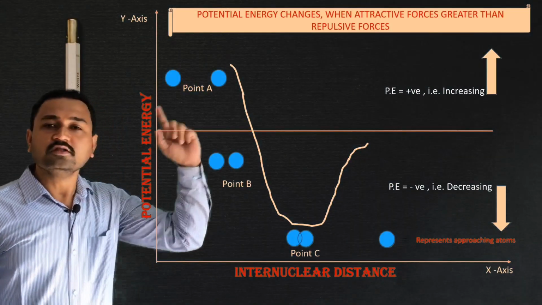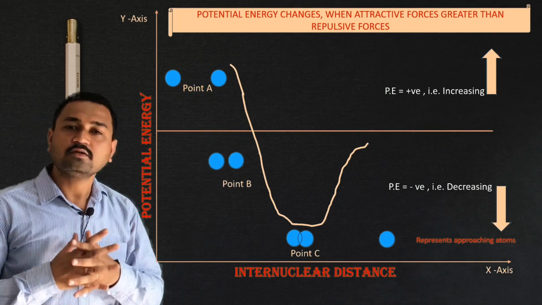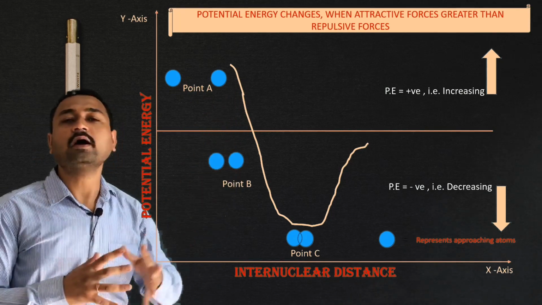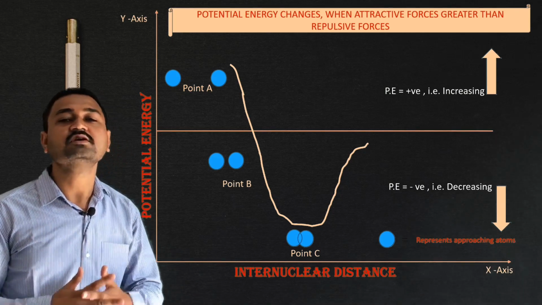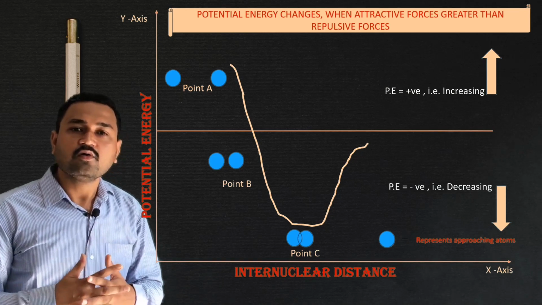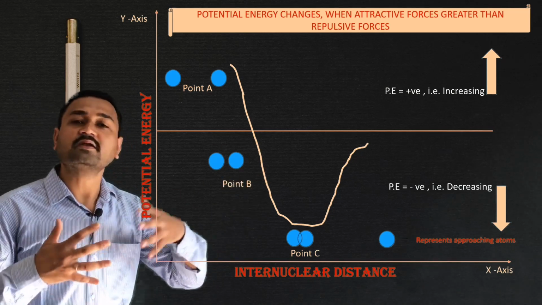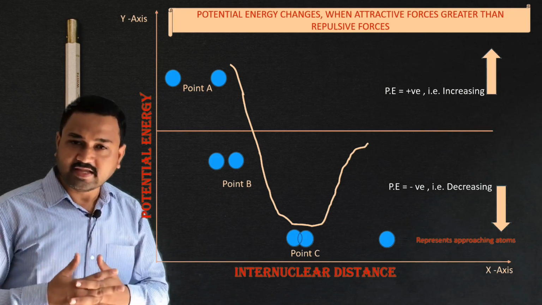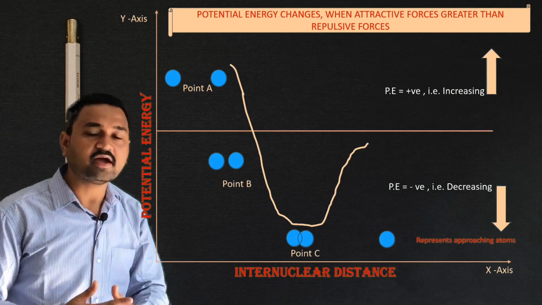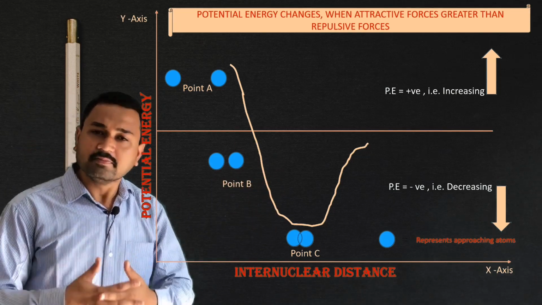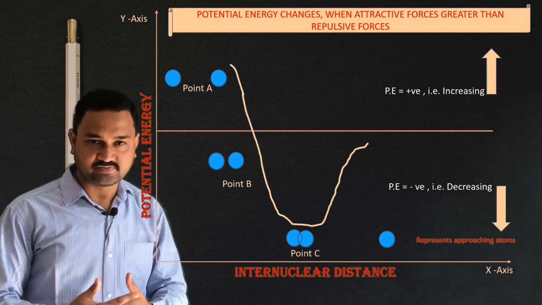Now here in the diagram I have shown three different points. Now at the point A, the two atoms are far away from each other, so there are no interacting forces developed between these two atoms. When the two atoms approach towards each other, then the force of attraction is greater. At that time, the potential energy of that particular system goes on decreasing, and at the point C, the equilibrium distance is achieved, and there the covalent bond formation takes place.